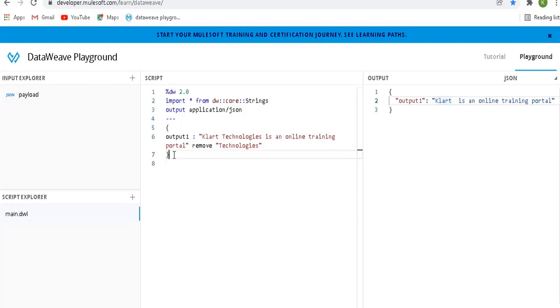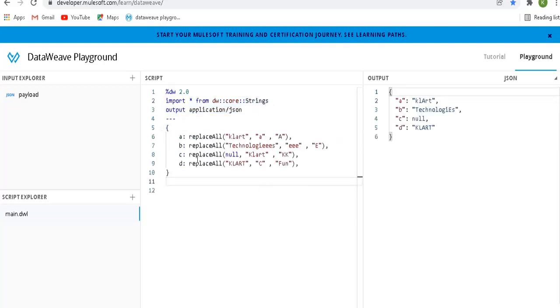See, one more thing, if you would like to use all the functions in the string package, you can directly just import star from this package, just like in Java, instead of importing lines or words or something, I mean function by function. Instead of doing that, you can directly give import star.